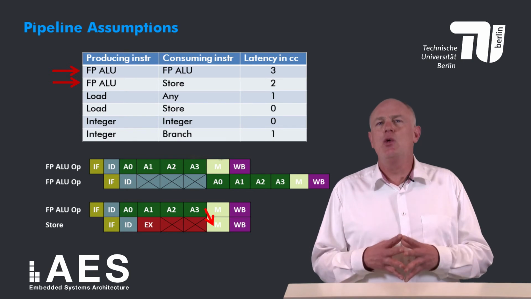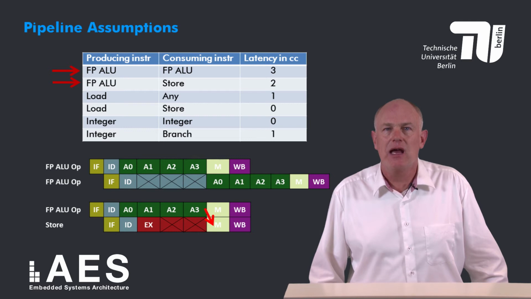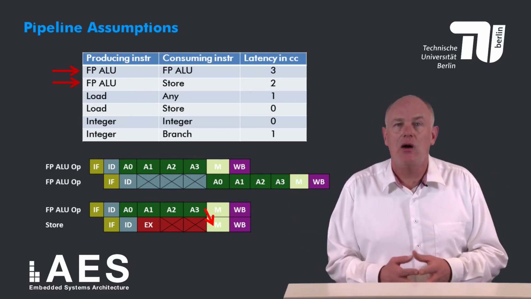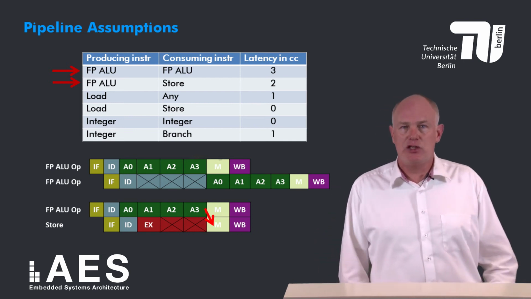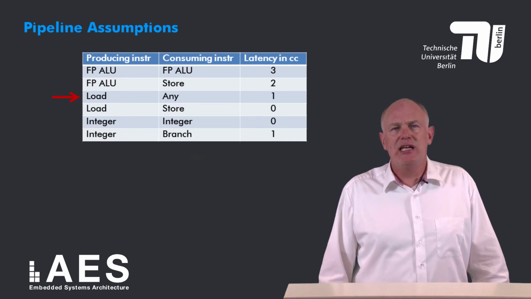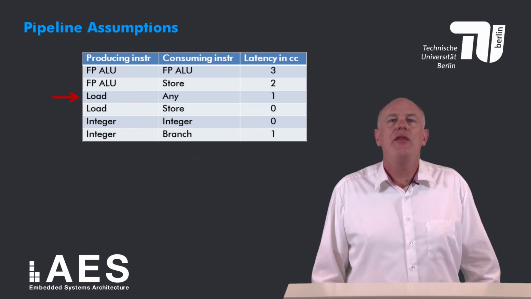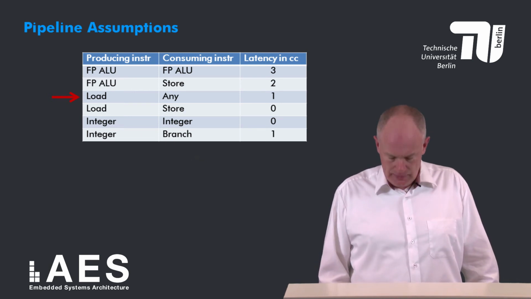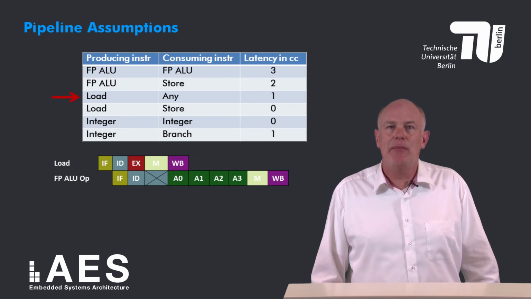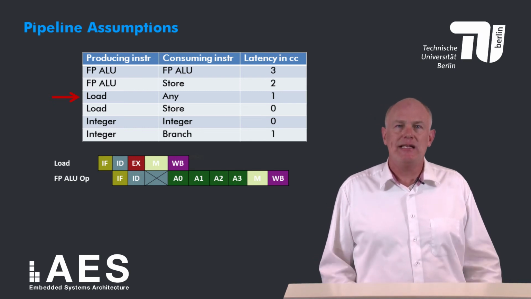Notice that here I assume that several instructions can be in their mem or write back stage simultaneously, while in the previous lesson I assumed this was not allowed. It's a minor detail that should not confuse you. If the producing instruction is a load and the consuming instruction is any instruction except a store, then the latency is 1 clock cycle. This is illustrated in this pipeline execution diagram